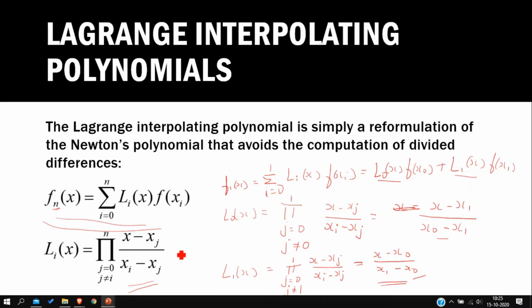If it is a quadratic polynomial, then n should be equal to 2. In that case L0 of x will be there, L1 of x will be there, and L2 of x will also be there. Again in that case there will be two terms here, because j varies from 0 to 2 and j should not be equal to 0. So j can take the values 1 and 2. Here also j equal to 0 to 2, j not equal to 1. So j can take 0 as well as 2. Then in the case of L2,